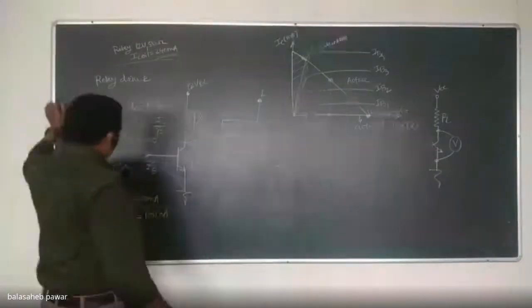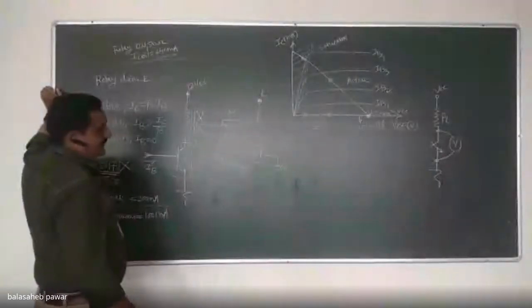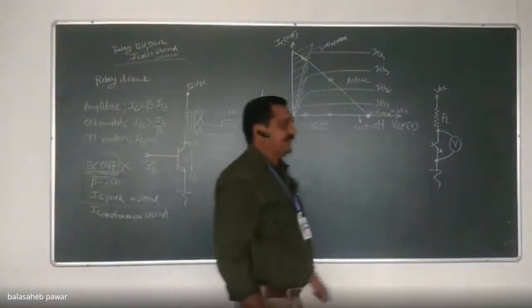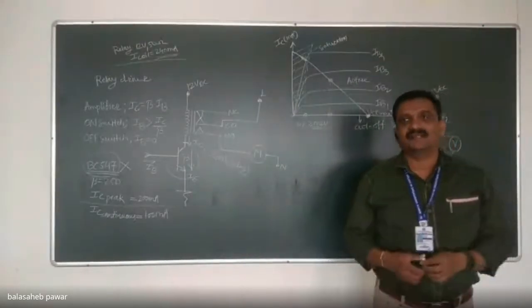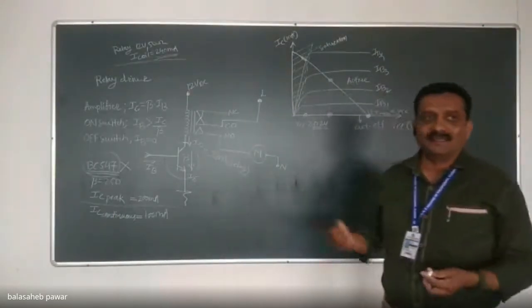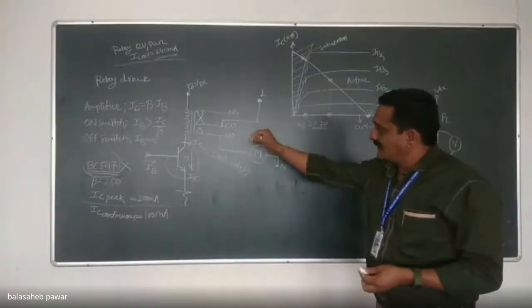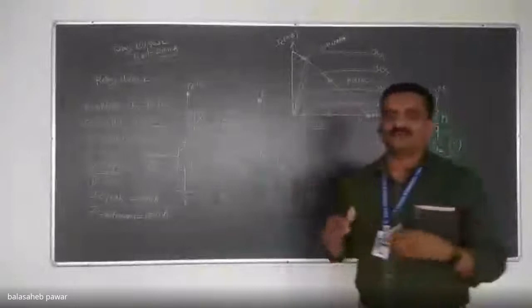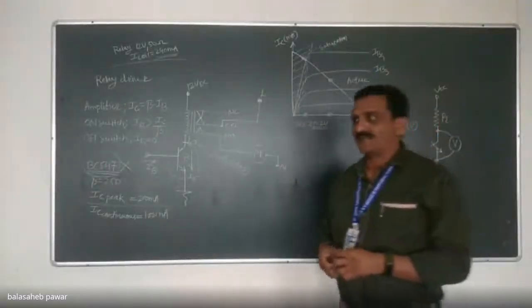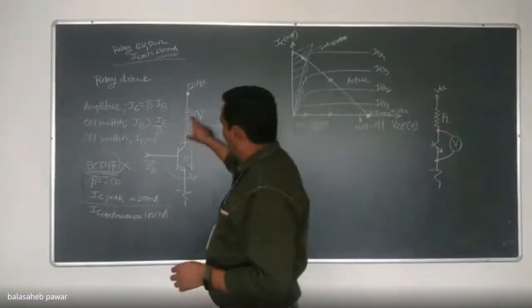Now, about the relations of input and output current to operate that transistor in the desired region. If we want to operate that transistor in the cutoff region, that means as an open switch, then simply give the input current, base current, as 0. Whenever base current is 0, that transistor will act as an open switch, right? And that relay will remain off.